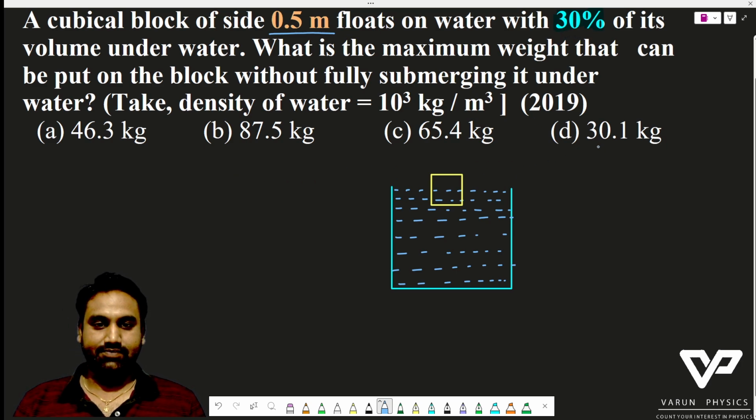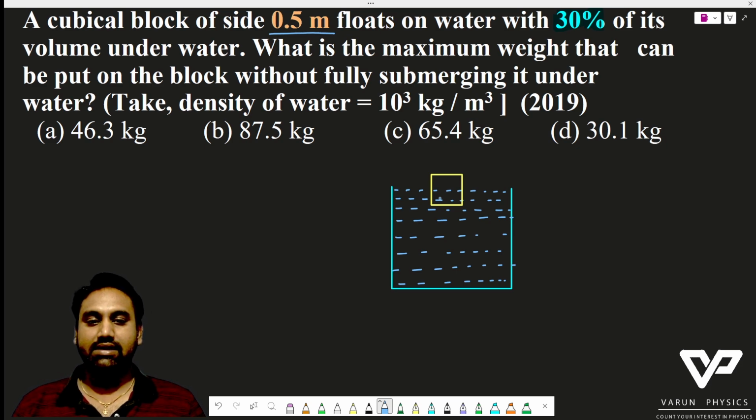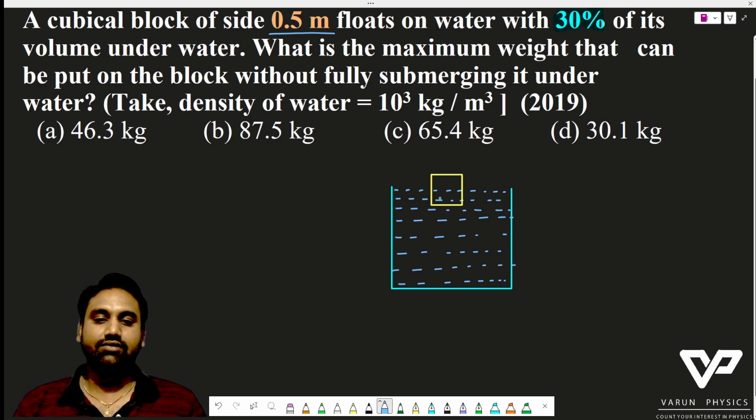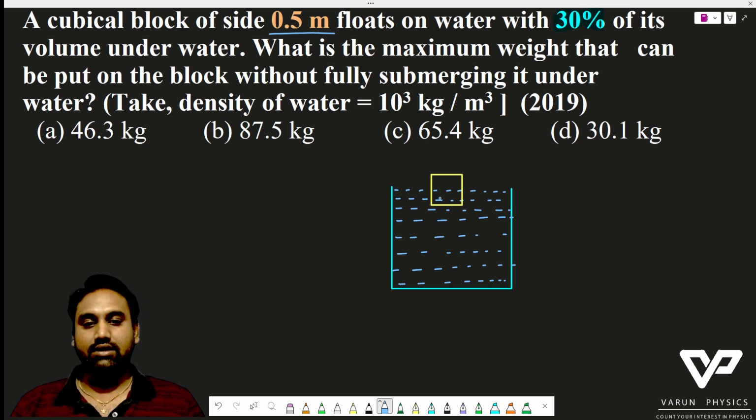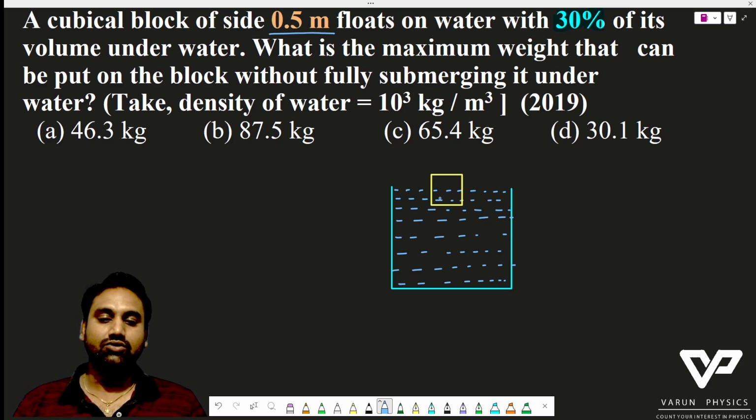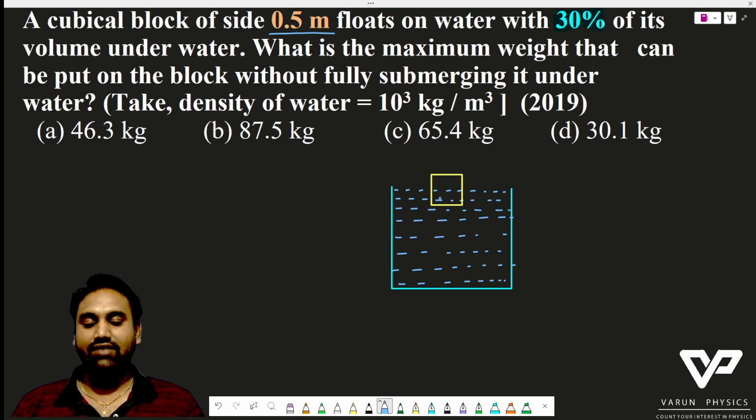What are the key concepts? The key concept is very simple. Whenever any solid object is immersed in a full container of liquid, the water will spill out of it. Am I right? How much water will spill according to Archimedes principle? Whatever the volume of the block or the stone, that much amount will be spilled out of the water container. Therefore, using the formula rho V g, we can calculate the